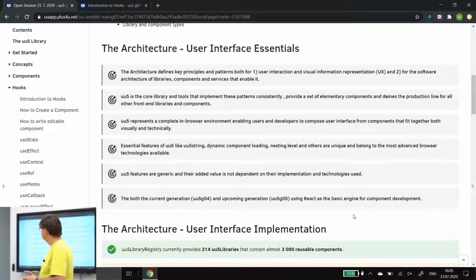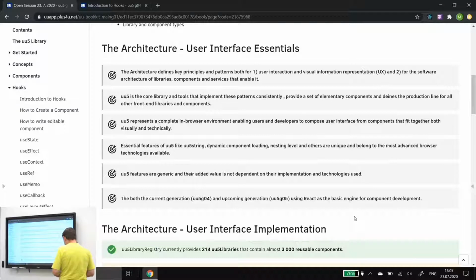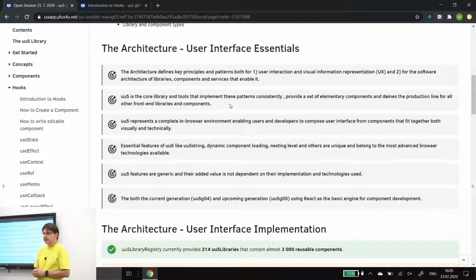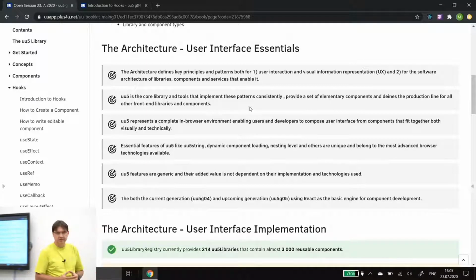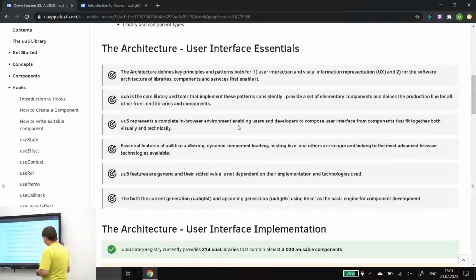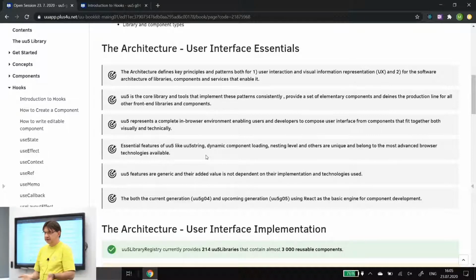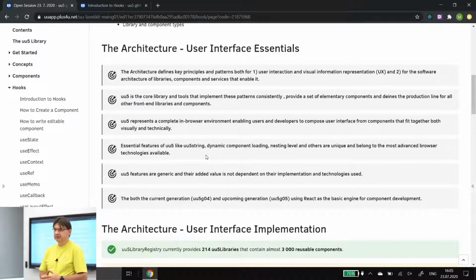This technology implements these patterns consistently, and the uu5 library itself is a basement for more than 200 other libraries which are now using this technology and tools to add more and more components. I will tell you the numbers later. Maybe you will be quite surprised how many components we already have. And so anywhere where I or the guys after me will be talking about uu5, we are thinking of the whole user interface environment, not just the core uu5 library, because all those components follow the same patterns, the same architecture,